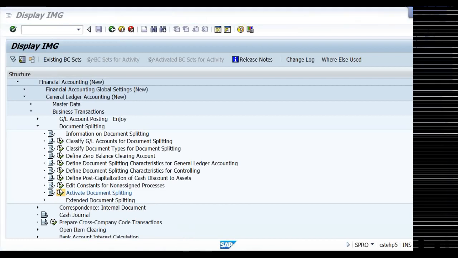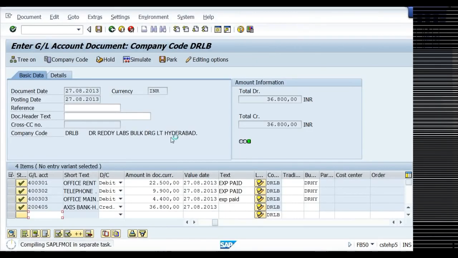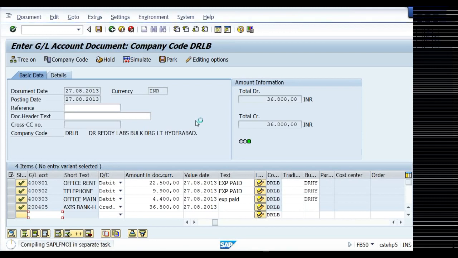Something wrong with the server. The server connection seems to be going very slow. Okay, meanwhile, any doubts?